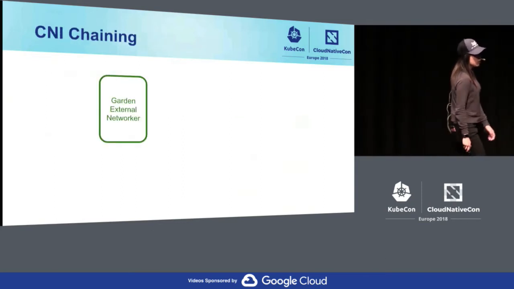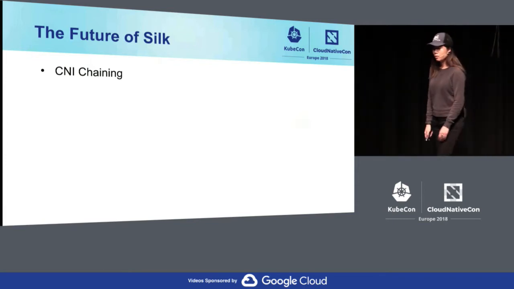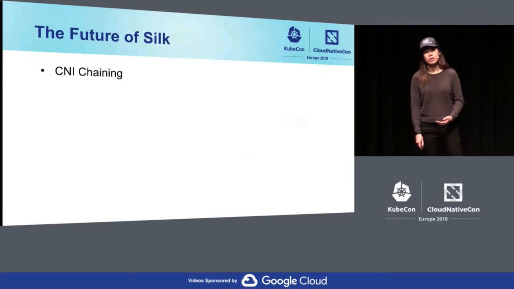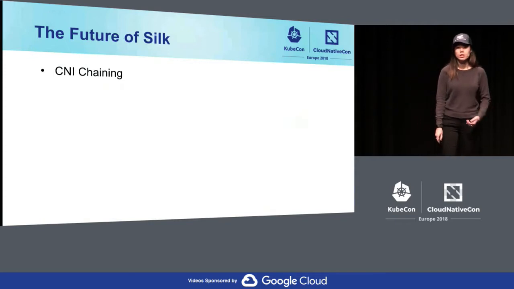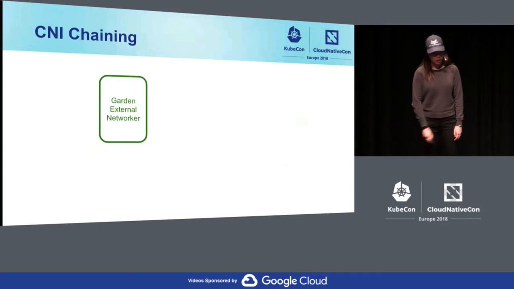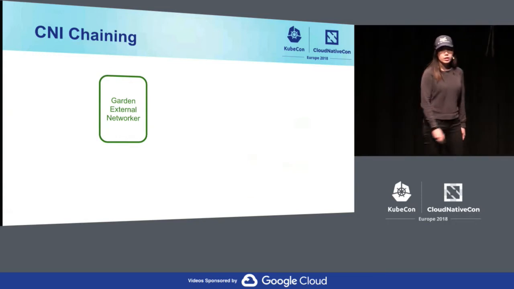What's next? So the first thing that's next is CNI chaining, which is really hot, really cool. It's the ability to chain your plugins. So before, in the previous state of the world, with our setup, which is still the current state of the world, I guess, we would have the Garden External Networker,